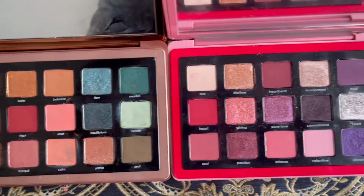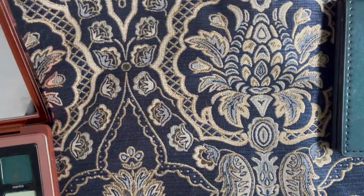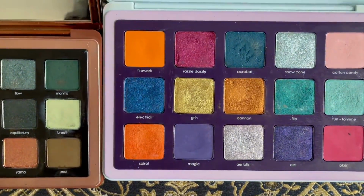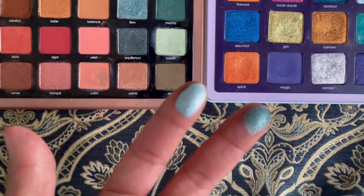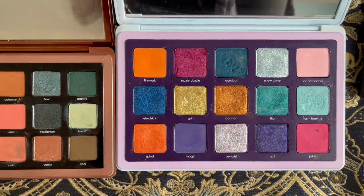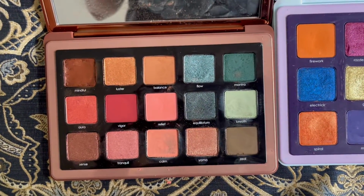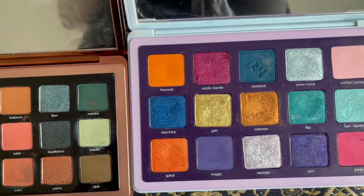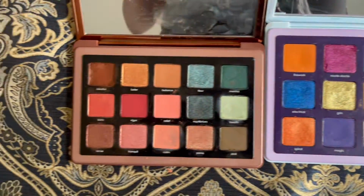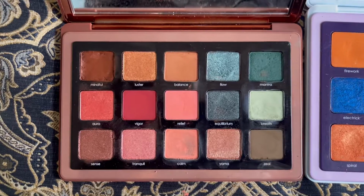All right, and the last palette that we are going to look at is Circo Loco. Now let's see if we see any similarities here. I don't really see too much in common with the two palettes. Those are the Natasha Denona palettes I have, and I'm sure there are other comparisons that can be made, but this is like the remix, you know what I mean? I'm just not